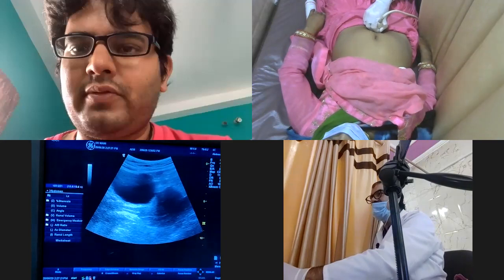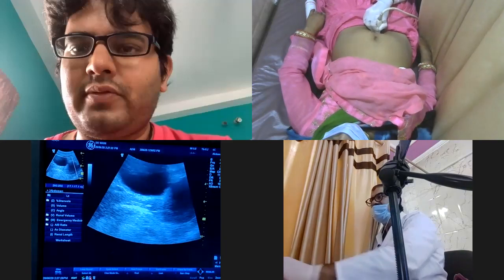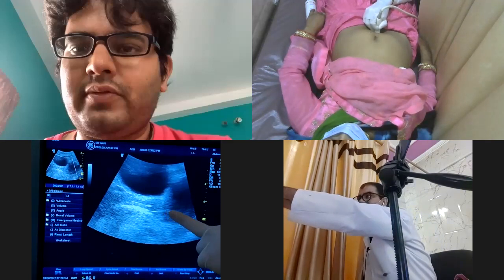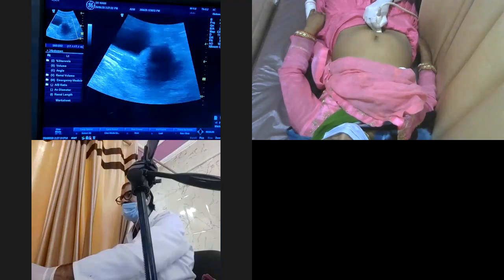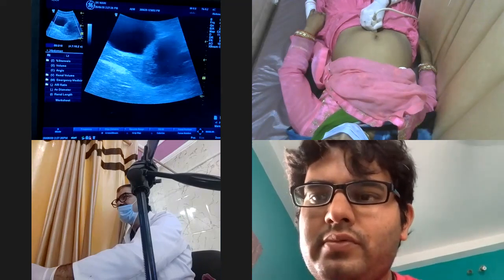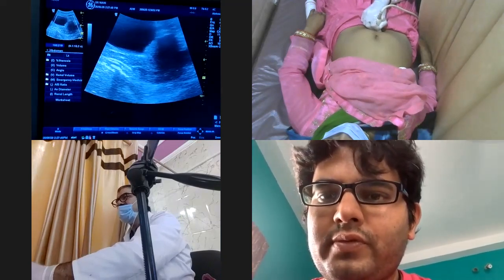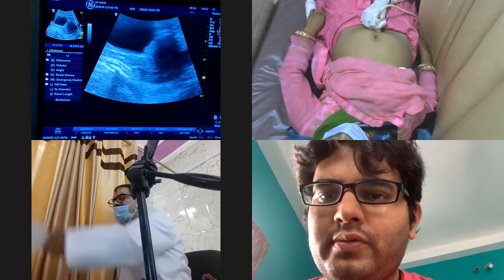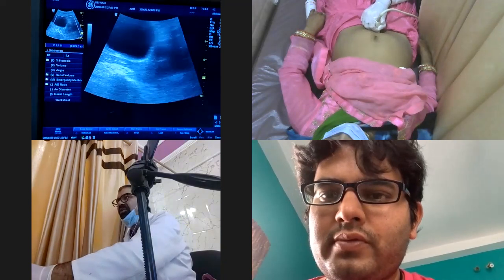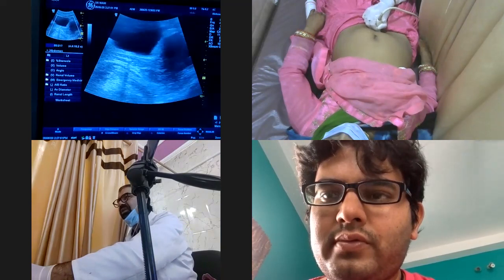Now, how to identify this is the cervix? There is a mucus plug by which we can identify that this is the cervix. This is the mucus plug over here. It will look like a line, like the endometrium. How to differentiate whether it is endometrium or mucus plug? That is discussed in the gynecological ultrasound. The mucus plug will not grow and will not have the triple lining, whereas the endometrium does. That is the gynae part, which we have discussed in the gynecological ultrasound.